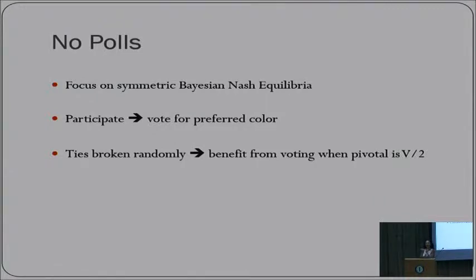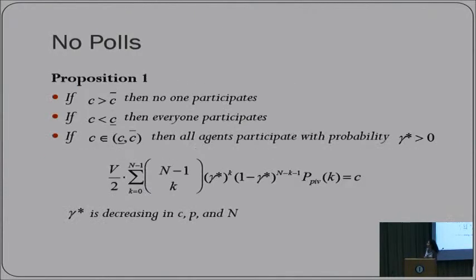Because if there are equal numbers that are already voting out there, this means that with probability 1/2, because ties are broken randomly, you're going to get the value of V. Now, so in expectation, you get V over 2 if you abstain. If you vote, then you're going to shift it to a sure victory, which will give you V. So that's why the marginal difference is V over 2.